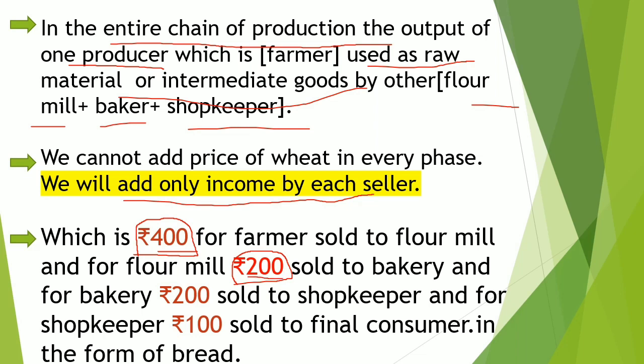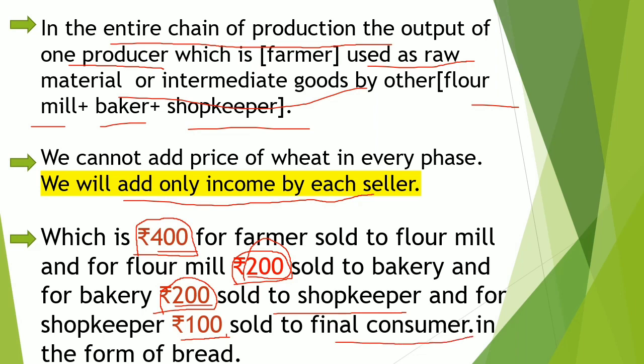So we will add only 200 rupees for the flour mill, and for the bakery also we will add only 200, because he takes the 600 rupees of flour from the flour mill and converts it into bread, adding 200 as value. So we add only 200 for the making of bread, and he sells it to the shopkeeper at 800, but the shopkeeper adds 100 rupees, selling the bread and taking a profit of 100 rupees. So we will add only 100 rupees for the shopkeeper also,